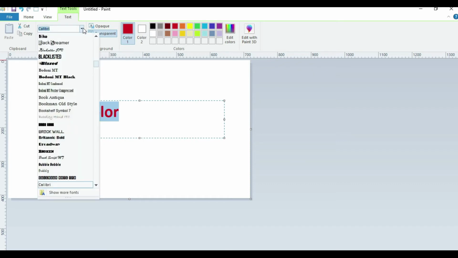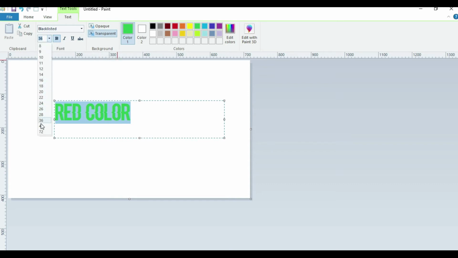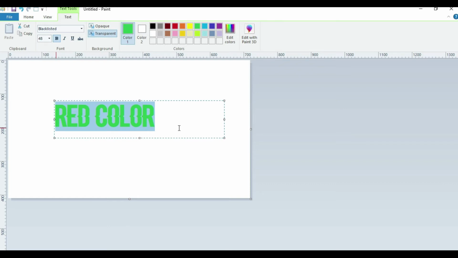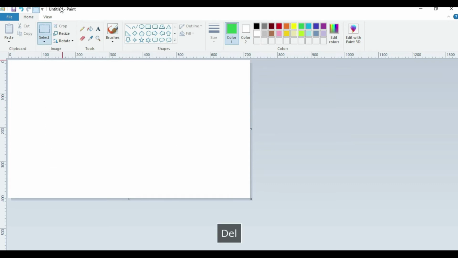For example, I want the font to be different, and the color to be orange or maybe green, and then I can set the transparency level. I want this font to be a little bigger. Once I click outside, I cannot edit this. If I have to make changes, the best thing is to delete it and write it again using the text tool,